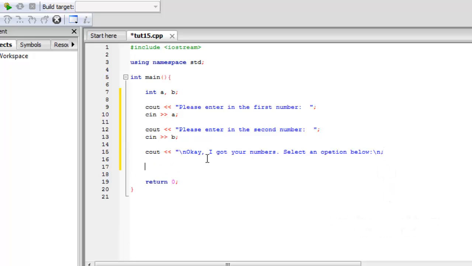Alright, so now we're going to output the menu. We need to output a menu, and basically what this is going to do is say A, and then we're going to have addition. But we want to end the line because we want to have one option on each line, just so it's neater looking. So let's go ahead and copy this,